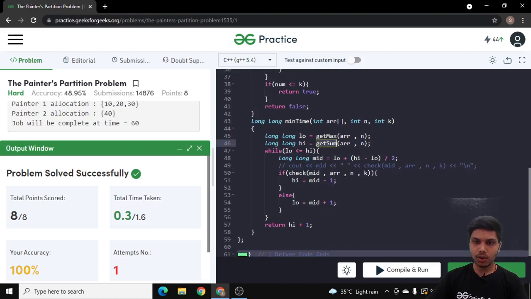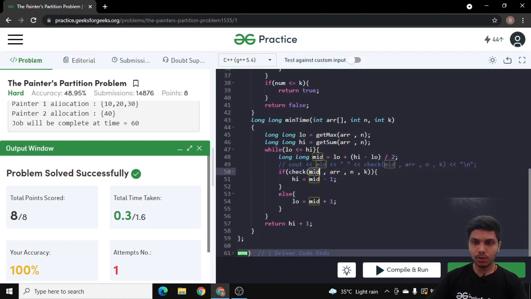Now I will do my binary search on my time. First I will get my mid with the help of this expression. Now I will check whether it is possible to paint the whole board in at most mid units of time with the help of these k painters.